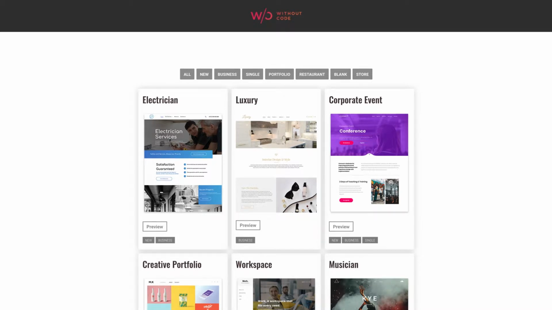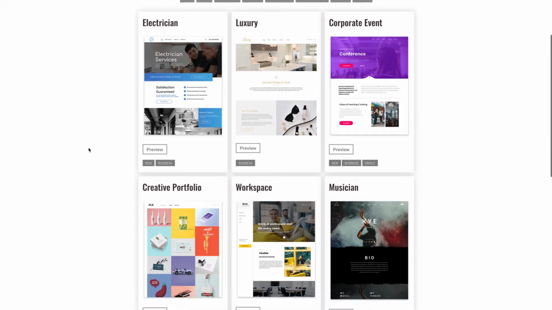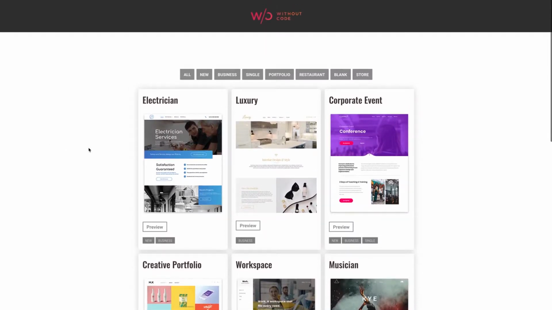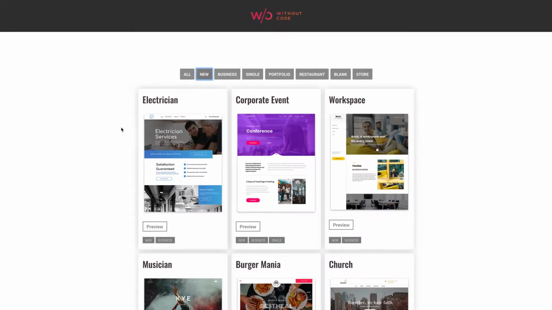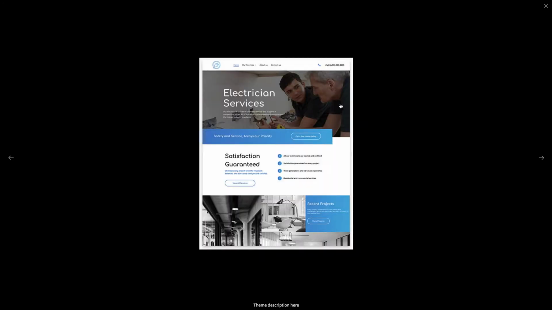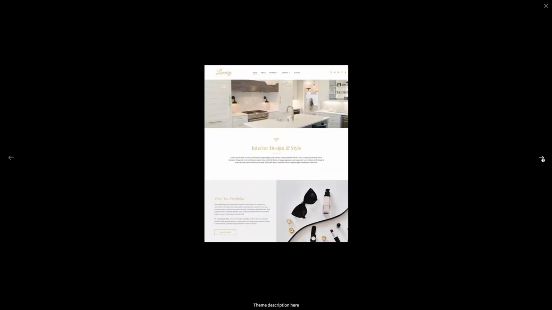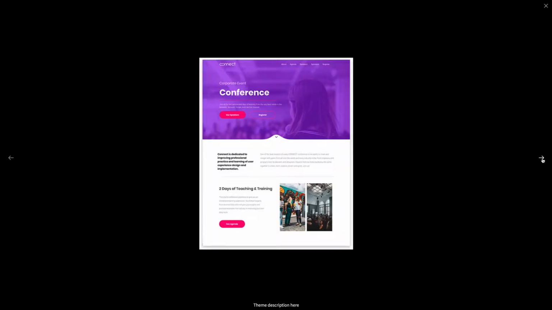Today we're taking a look at our new white label gallery widget exclusively for enterprise members. As we can see here, it allows you to show off all the Without Code templates in a fully unbranded white label format. The user can sort through them via these categories. We can also click on any one of them to see it larger in a lightbox format. We're also able to shuffle through the lightbox display here with some navigation arrows, or close out of it anytime